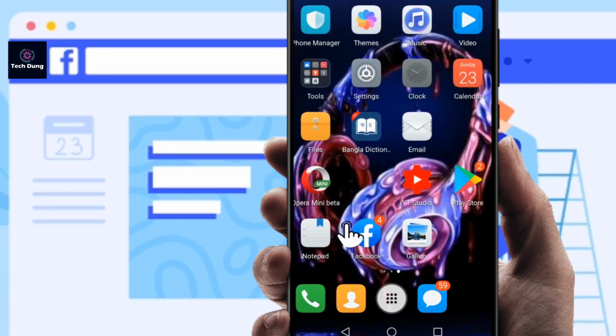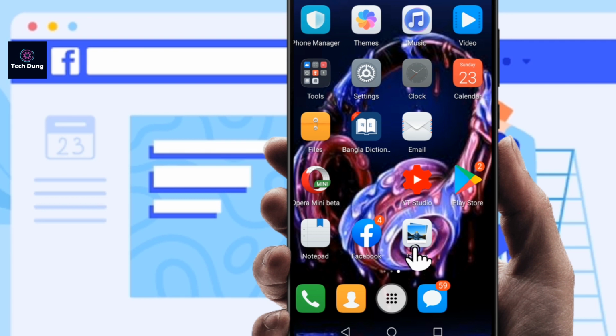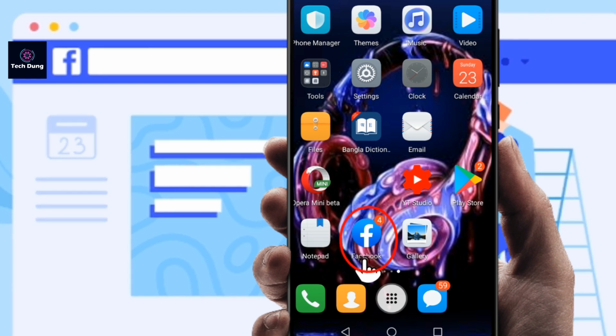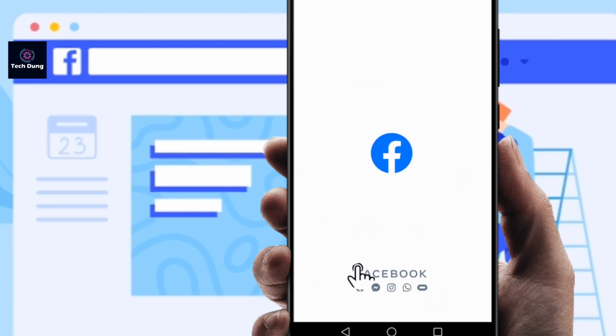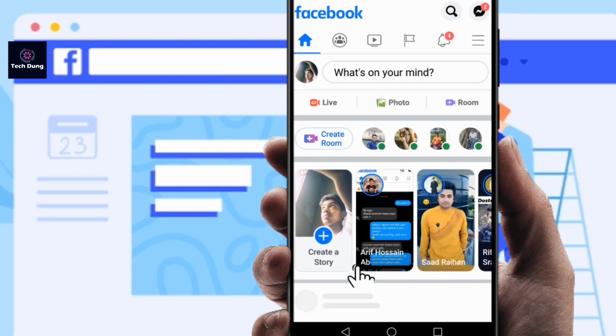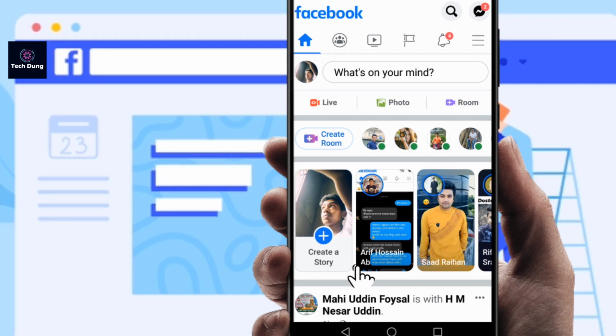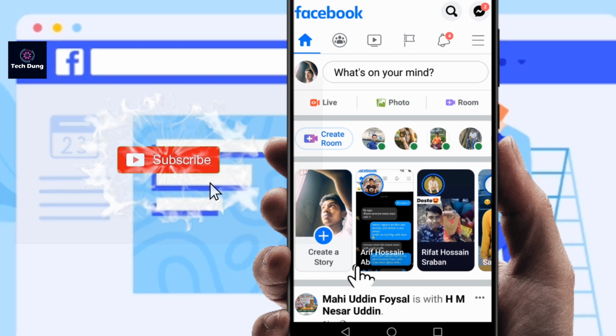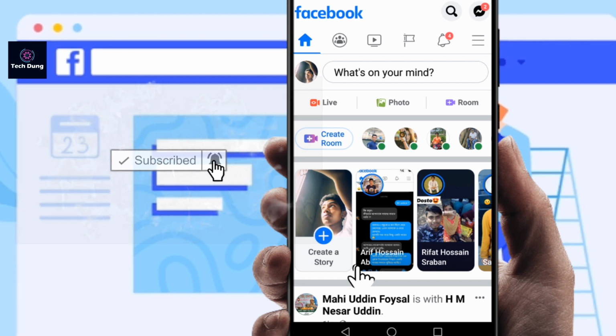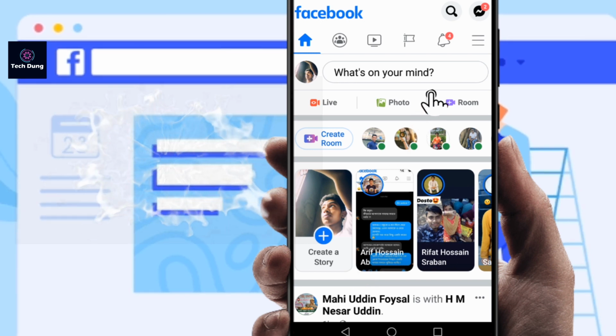In this video I'm going to show you how to create a Facebook group on Facebook and set it up perfectly. For doing this, you will see here the Facebook app or Facebook application. Next, click on the Facebook application, and whenever you log in to your Facebook account, you can see this kind of interface, and at the top of the right side you can see here